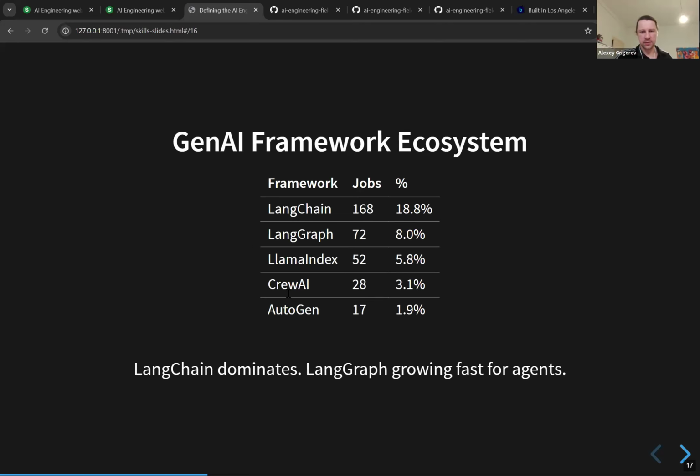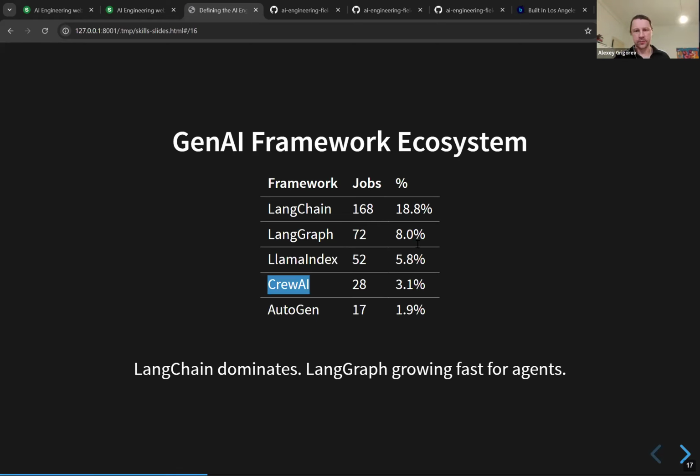Yeah, here. So for example, we see others, but from my anecdotal evidence, I know many companies don't use these frameworks, they use something else. Perhaps these companies just don't include the name of the framework because, in my personal opinion, this is really secondary. It doesn't really matter if you don't know LangChain or some other framework, but some companies explicitly put this in the requirements. So probably, maybe for these companies, it's important. Maybe they just wanted to put something in the requirements.